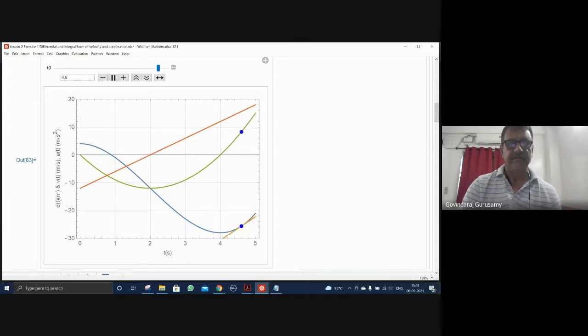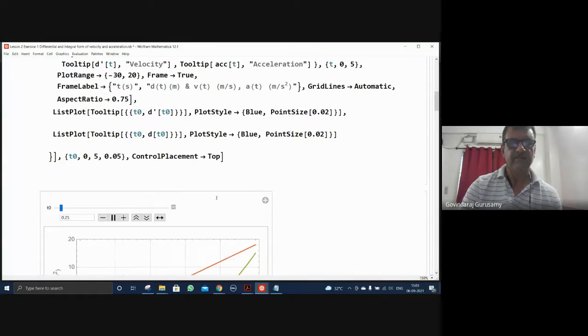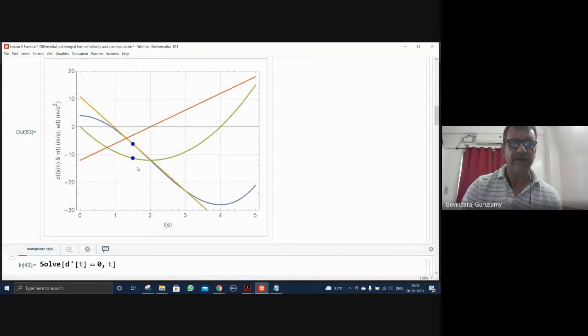The whole thing can be explained, because when you create this with the tooltips, you just put the cursor on that and you have the curve details. Okay. And we have given those details here. See, displacement is given, tangent line is given, velocity is given, acceleration is given. If you wanted to add a point also, that point can be added. This is a point on this blue curve, which is the displacement, and this is the corresponding magnitude of the slope